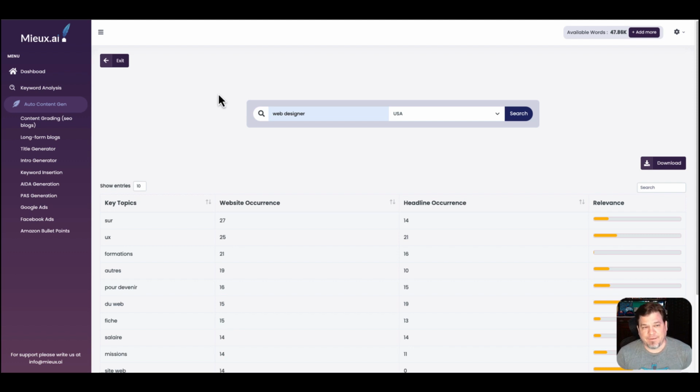But I think Mieux might be trying to do too many things. They're like, hey, we're going to do the on-page for you, and then just use our AI writer, and you're going to rank, you'll be fine. If you look at the core, where they're getting the keyword analysis from, and they're not being clear about it, that it's for ads more than it's for articles, and their topics, it doesn't work.